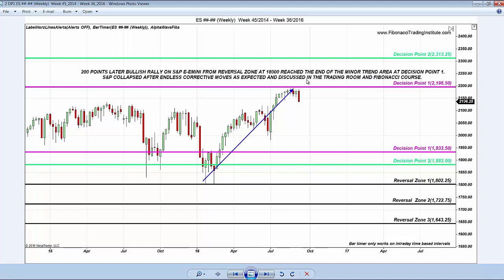As you can see, price struggled at this ultimate resistance for many months, but also had shown very clearly 2300